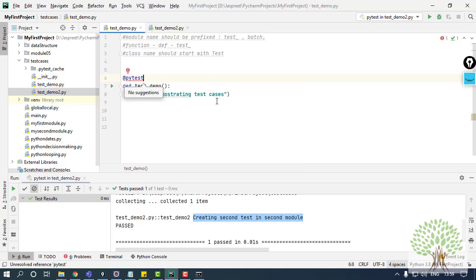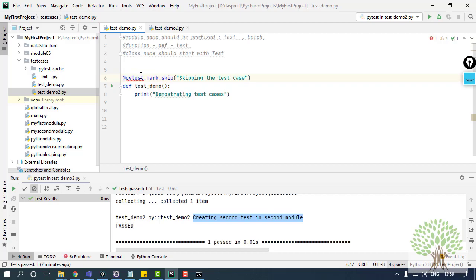pytest. Now you need to import pytest over here. pytest.mark.skip. And you can give any statement over here, like skipping the test case.